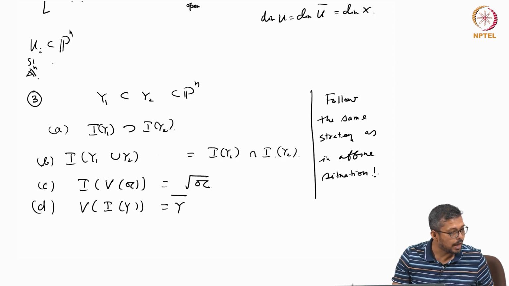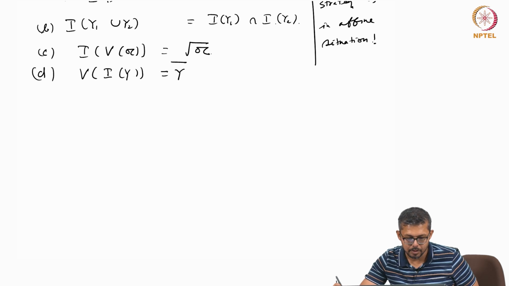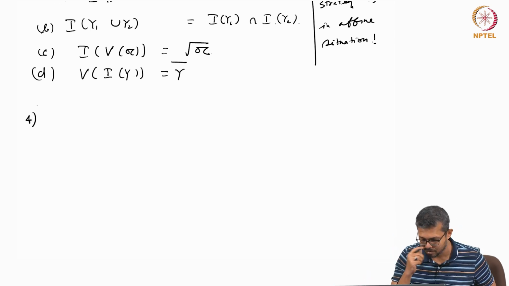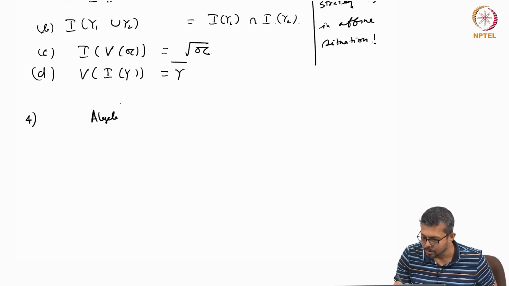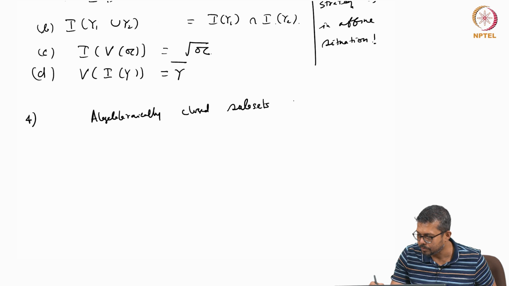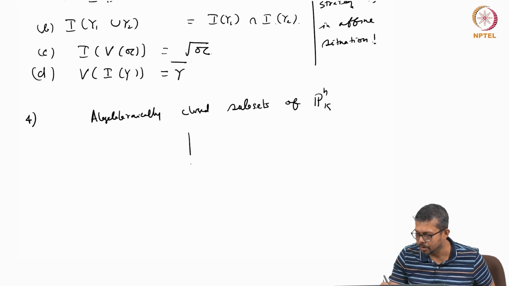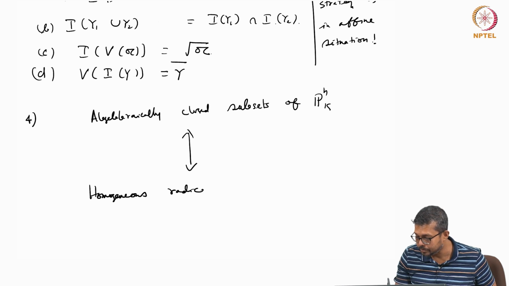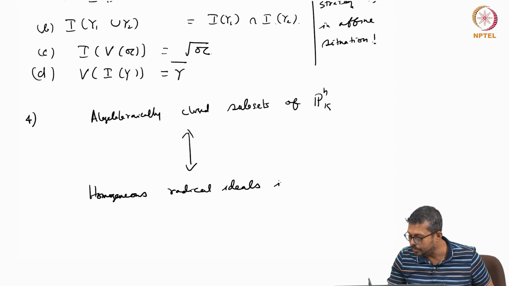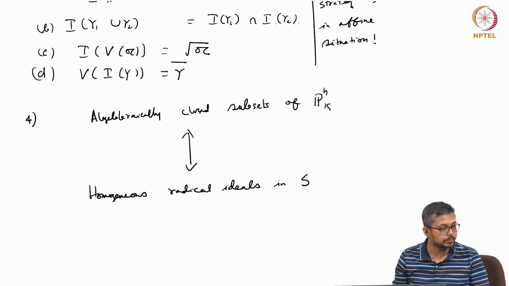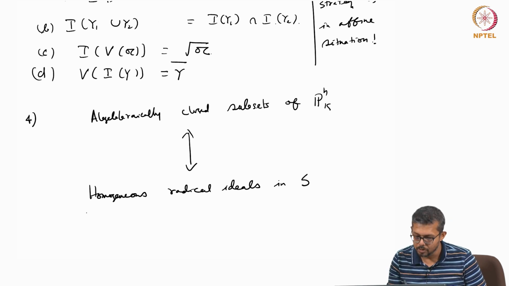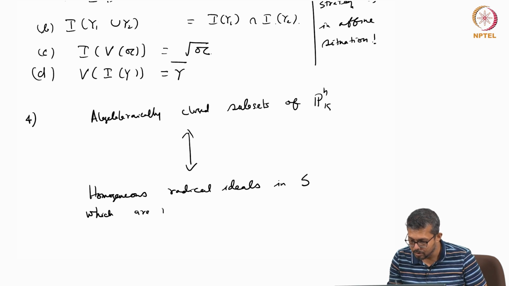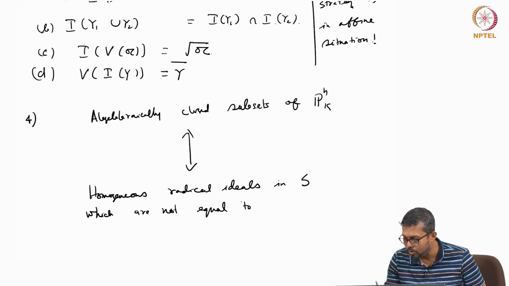So, this is what, and then the correspondence that algebraic or projective algebraic subsets, algebraically closed subsets of Pn and homogeneous ideals, homogeneous radical ideals in S. Of course, that ideal you have to remove, which are not equal to the ideal generated by